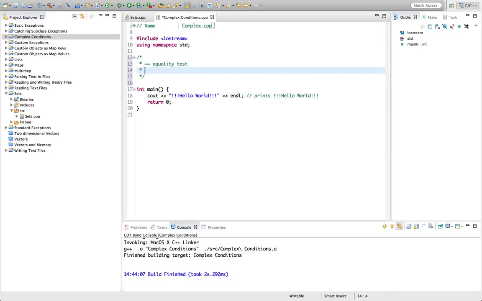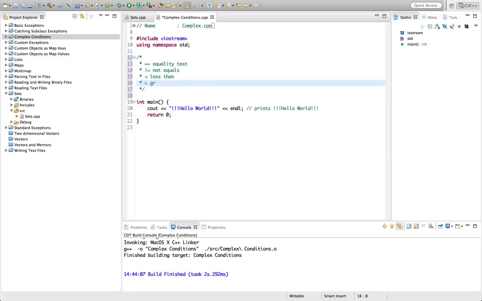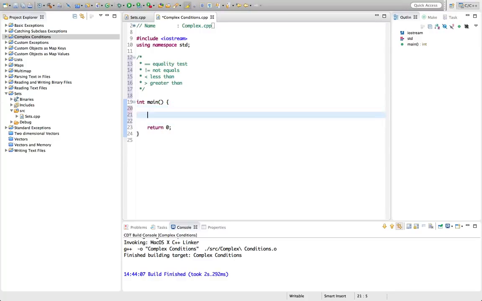We've seen not equals, !=. We've seen less than, <, and we've seen greater than, >. Now we can combine these conditions into more complicated clauses. So let's create a value here. Let's say int value1 equals 7, and we'll have another one, int value2